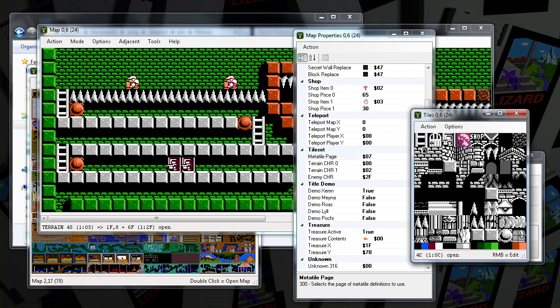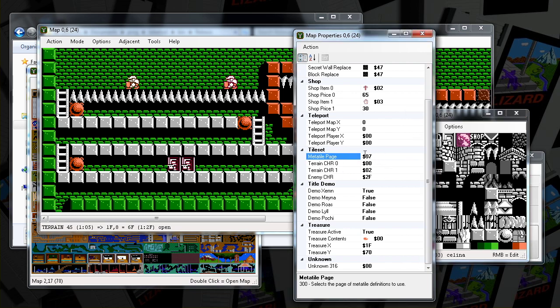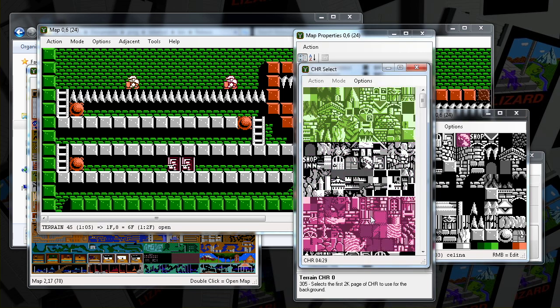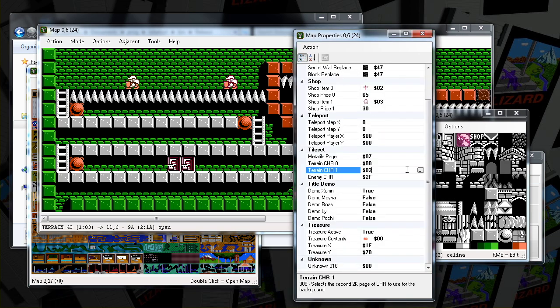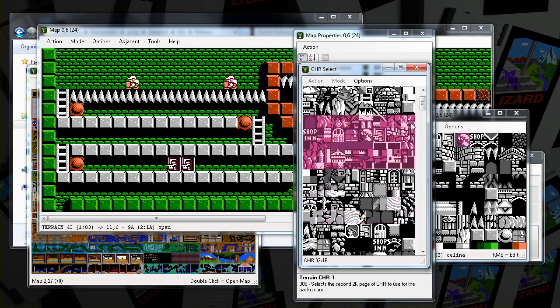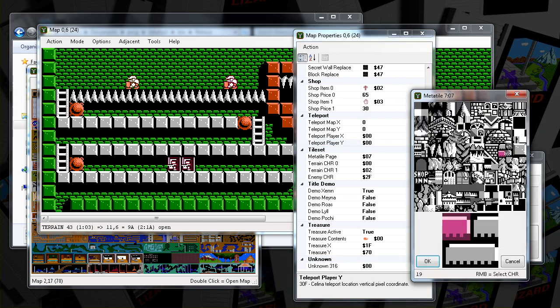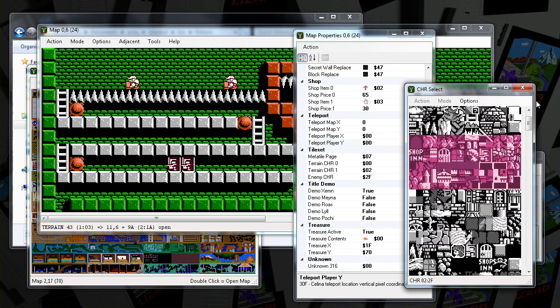The easiest way is just to edit them as you see them. But just be aware, if you change meta tiles, or if you start editing the graphics, they'll affect more than one location, most likely. So you can change the page. Here you can select, so I can change the graphics, but obviously since there's a different meta tile page, they won't automatically look like something good, but you can assign them any way you want here. So there's two, each of these is a 2 kilobyte page, but together they make up what you see here in the meta tile editor. You can also right click here to select them.